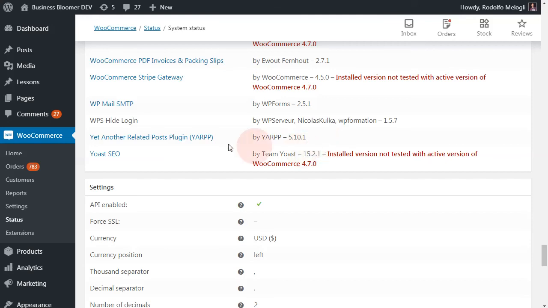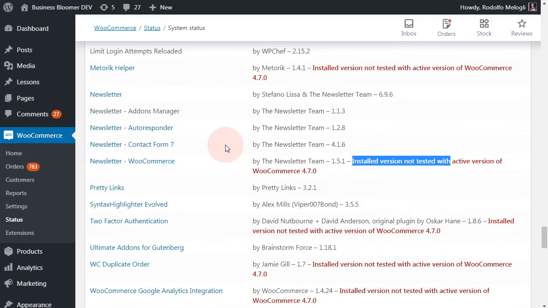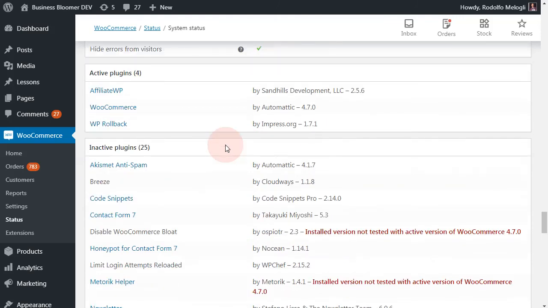Premium plugins and premium themes might have their own support page, so make sure to use that. And of course hosting as well has a live chat hopefully and a premium ticketing system. The better the hosting, the better the support that you will receive.